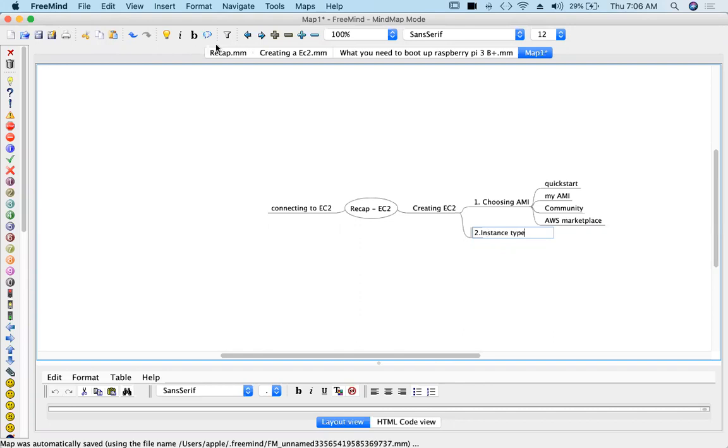Instance type, what it is, your CPU, RAM, and also network put together. You will get these three things as a package. We have different types of instances: general purpose instance types, compute optimized instance types, accelerated computing instance types, all these things. And then third step,